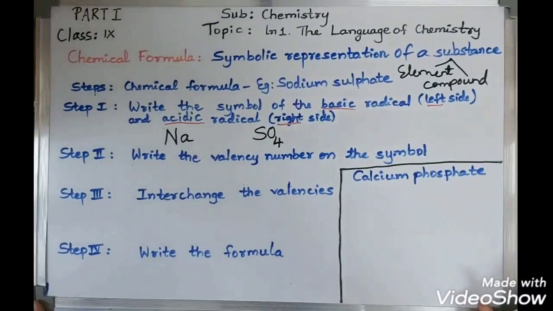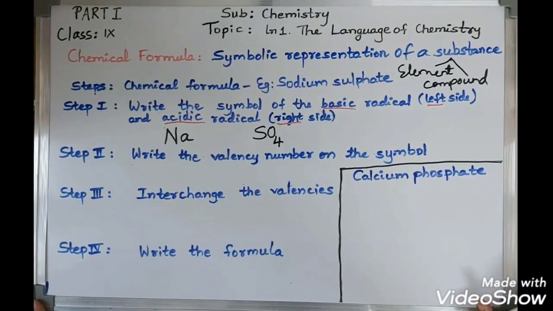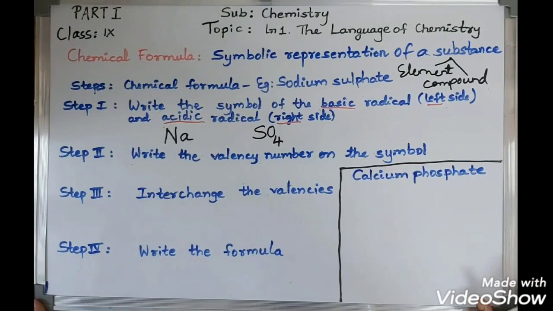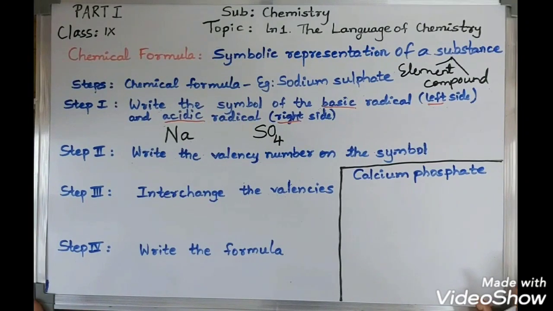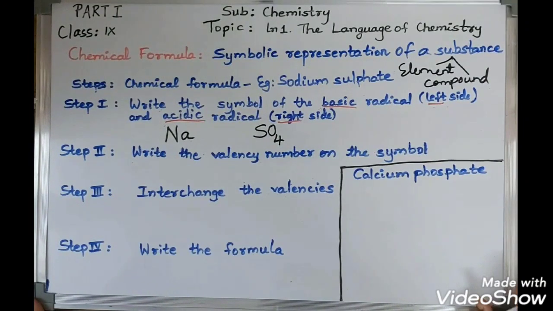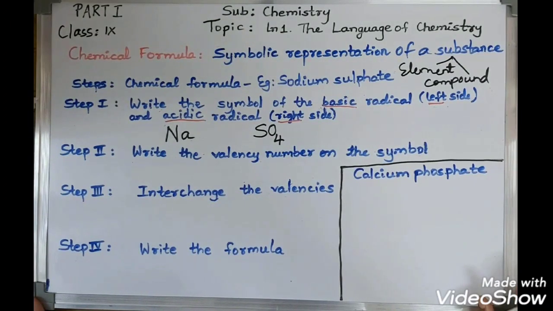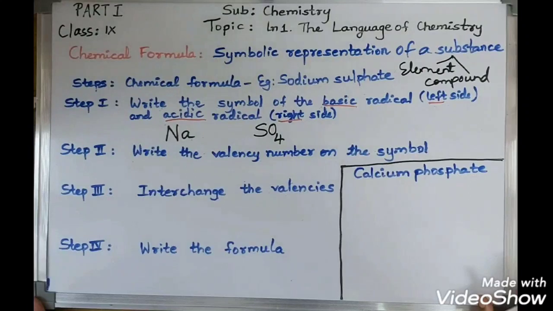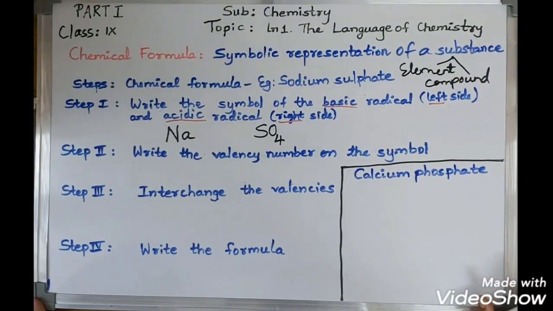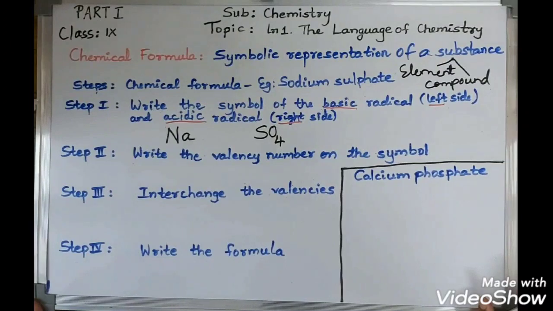You know that the basic radical is nothing but a cation, a positive ion or an electropositive ion, which we taught you when we taught valencies. And the acidic radical is nothing but an anion, a negative ion or an electronegative ion. You need to use the terms basic radical and acidic radical instead of cation and anion, as you are in 9th, and even in the previous board exam they have asked to identify the acid radical and the basic radical in the given compounds.